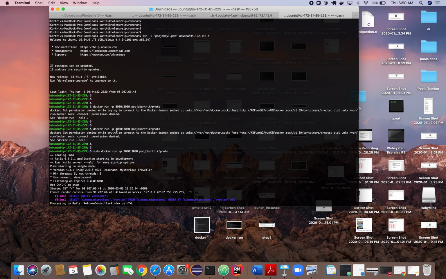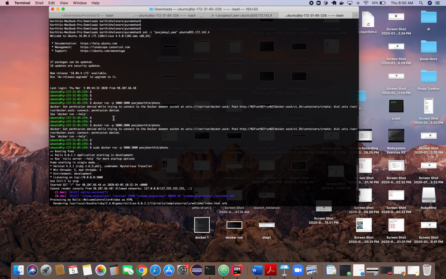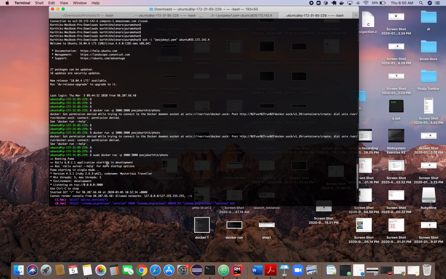So after this, see, permission denied. So I tried with sudo docker on 3000, and it came like this. Once it came like this, I can go to